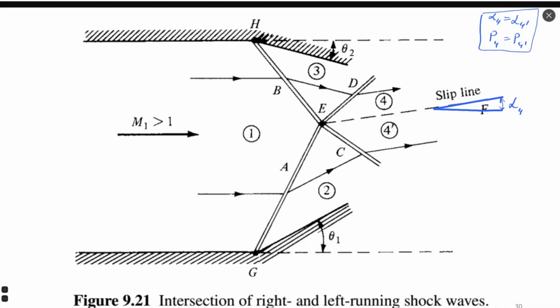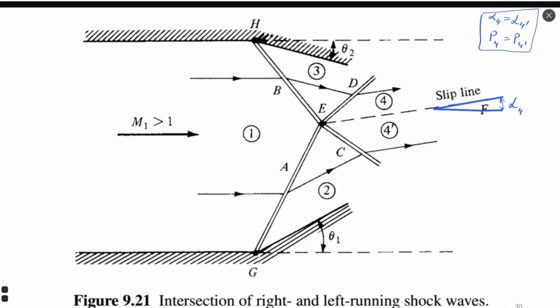In a case when it's not equal geometry, we have such a case that requires a kind of model or analytical solution. As I already told you, such model is not explained directly in Anderson book because it requires an iterative process, cannot be solved in a pure analytical way. To build such a model, I will use a definition of alpha. I denote here alpha 4 is inclination of slip line in region 4, and according to theory,